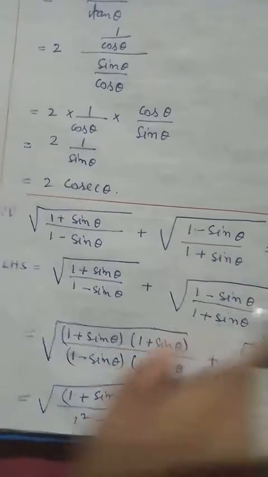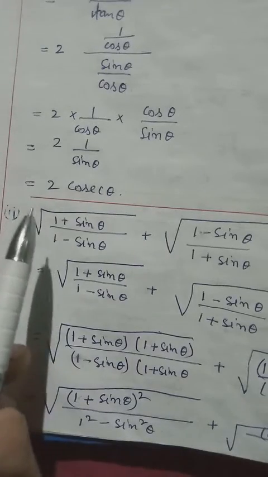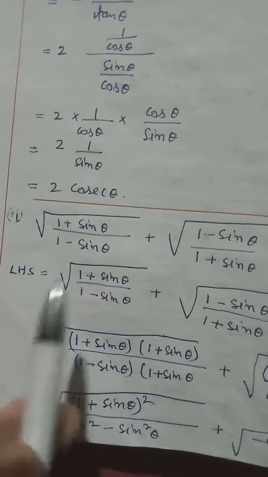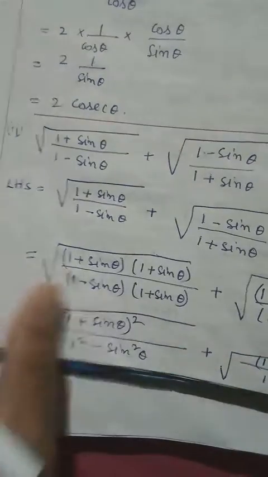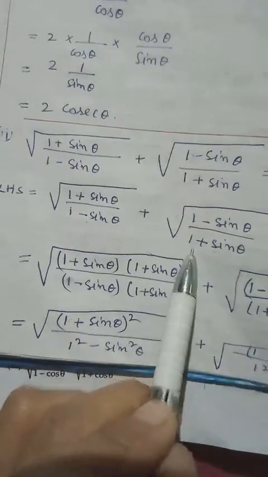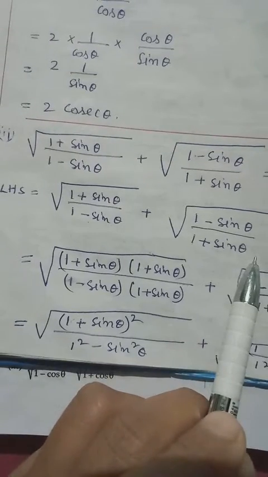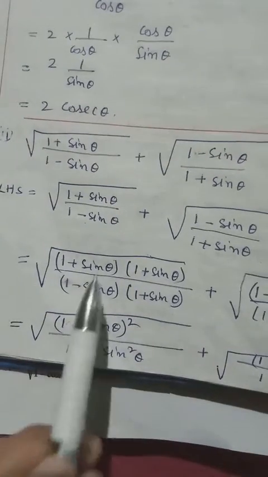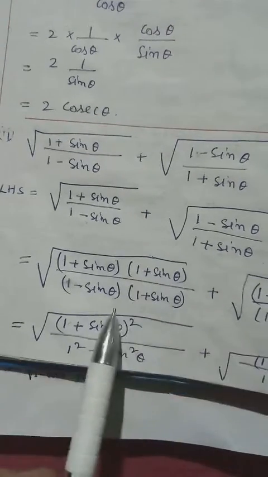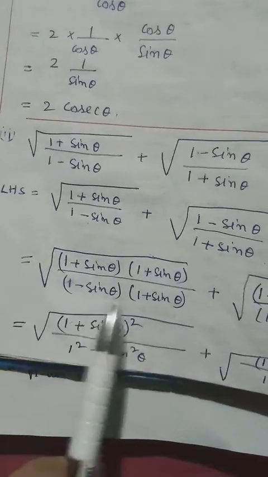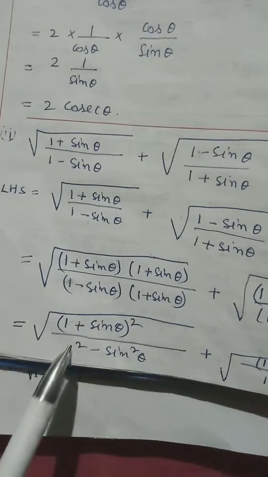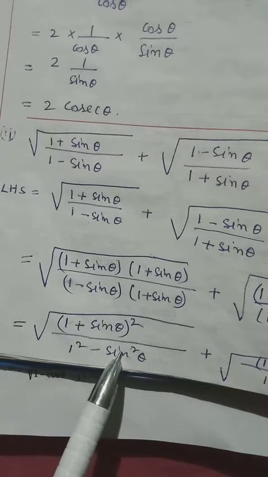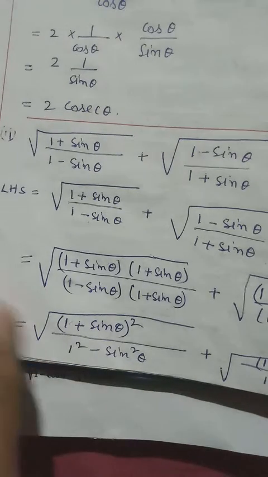Then the next one is also similar, so we have to solve it in a similar way. We'll try to remove the square root by rationalizing. Here we have minus, we have to multiply with plus. Then the one which we write down, we also have to write up. And here we have plus, we have to rationalize with minus. Then the one which we multiply down, we also have to multiply up. Now both are plus, we can write it as a whole square. Down we can apply (a minus b)(a plus b), which is equal to a square minus b square. 1 into 1, 1. So 1 minus sine square, from identity, will be equal to cos square theta.